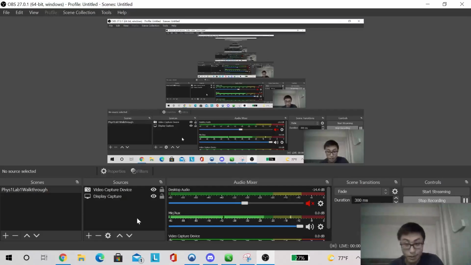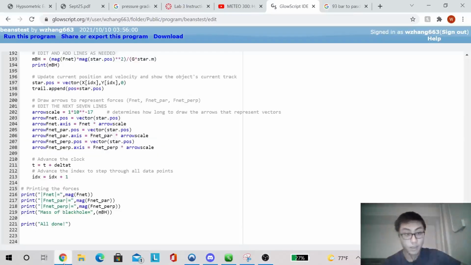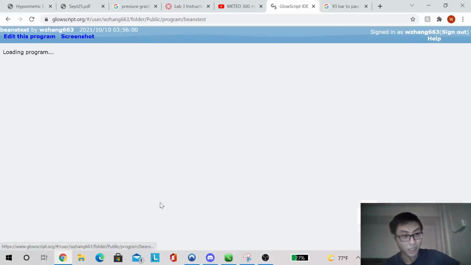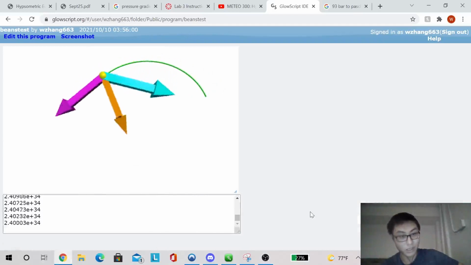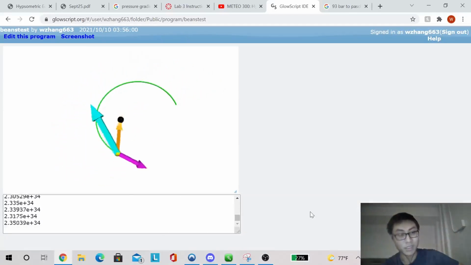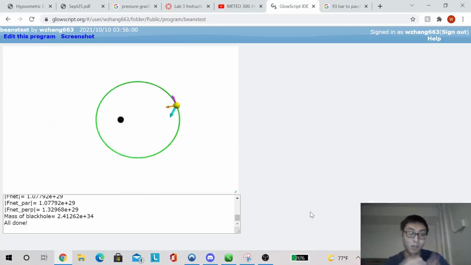Alright, so let's go ahead and get started with the recording now. Let's run the program for a tab. Now, as it starts to go around the black hole, notice how the arrows, which represent the vectors, get bigger. This is because, as we said earlier with Kepler's second law, if it gets close to that superstar object, it's going to have a larger gravitational force. But once it gets farther away, it becomes really small, as shown in the graphic. Now, the mass of the black hole is given on the bottom. It's 2.4 times 10 to the 34th kilograms in this case.